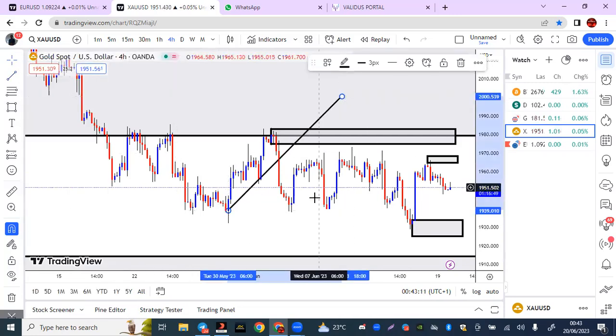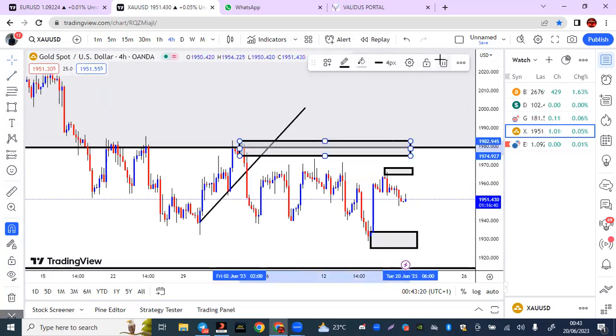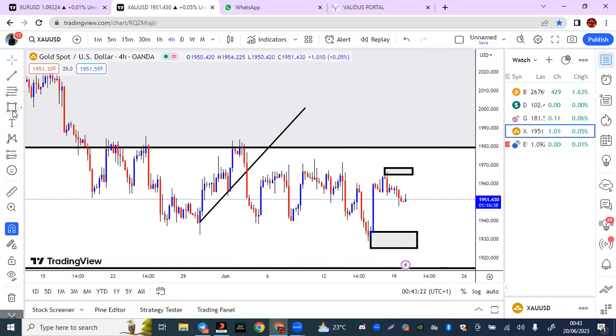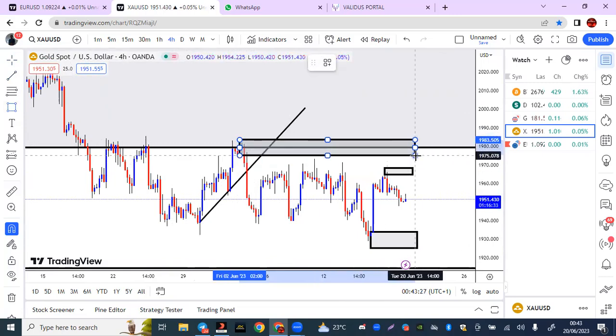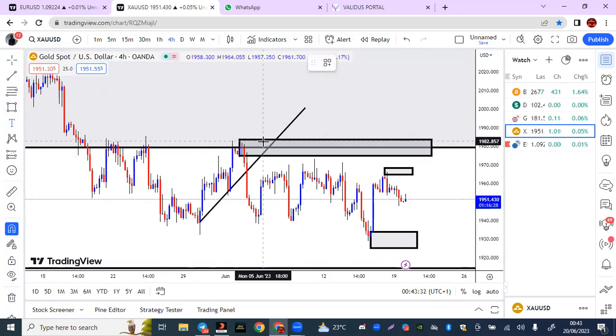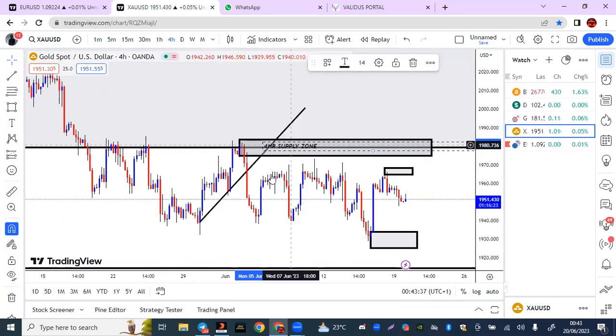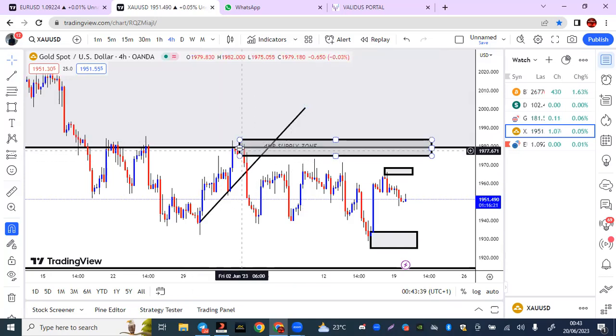This is the trend line. This is the 4-hour trend line. This is our zone here, our supply zone. Let me take this first. You can see this is our supply zone here on the 4-hour time frame. Then price broke this trend line, requirement met for a